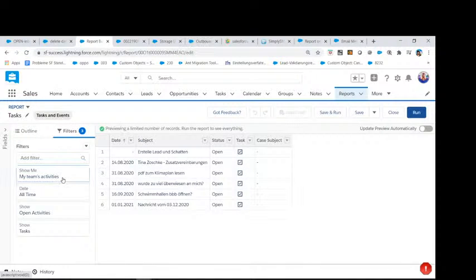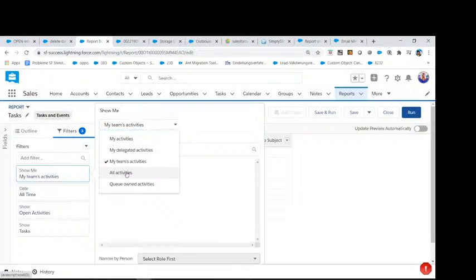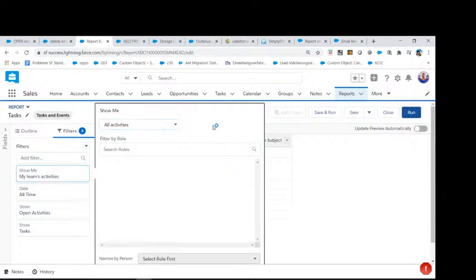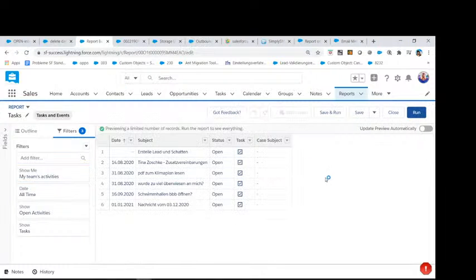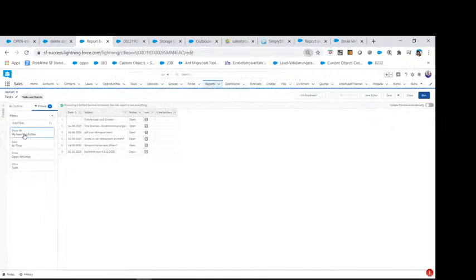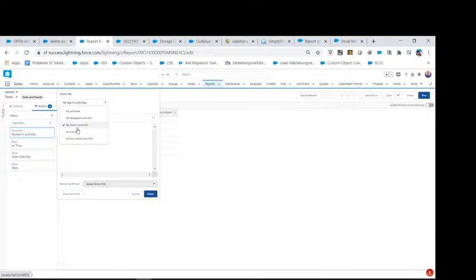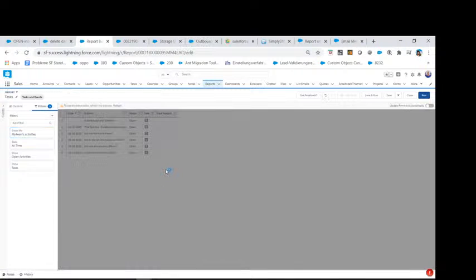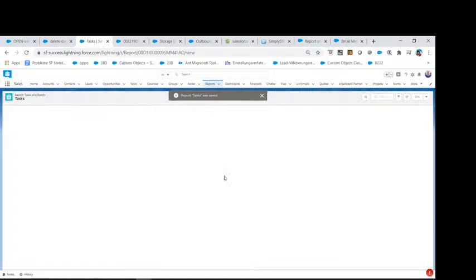There are going to be some filters. I will also do all activities. I want to have all the activities, please. Hit enter. I can't save this. Look. I will just do this. I have made it a little bit smaller, and then it's done. So as it's done, it's all activity, and then we go for all the activities and not only mine.